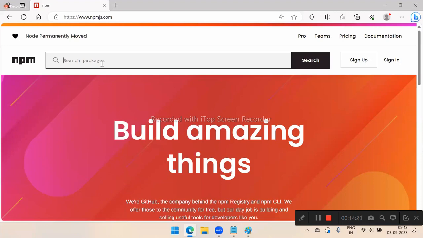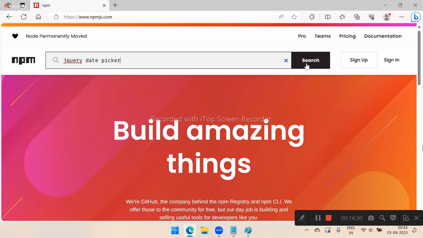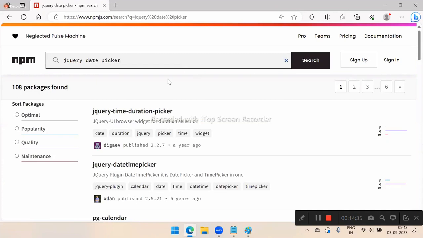So what you do here, see, I am searching jQuery date picker. Automatically, it will show me some suggestions. Or another example I will tell you. Suppose in our website, we want a barcode, right? That means a product. Under the product, we want a barcode. How will the barcode come? How will the QR code come? For that, ready-made libraries are present. What you can do here, you can search